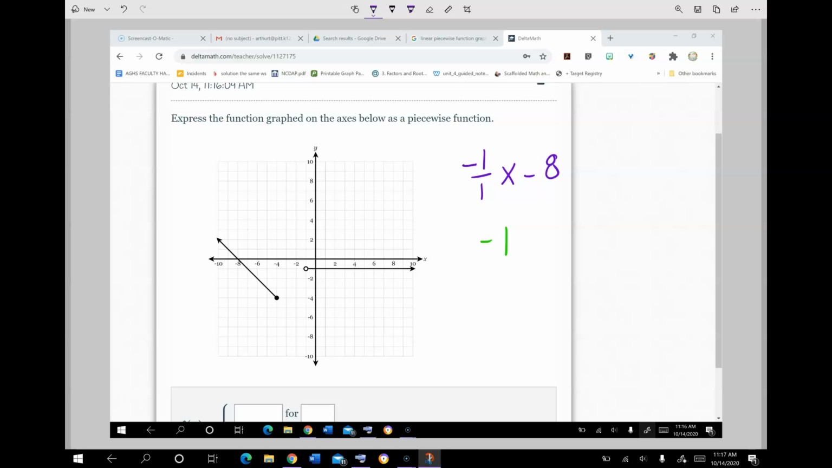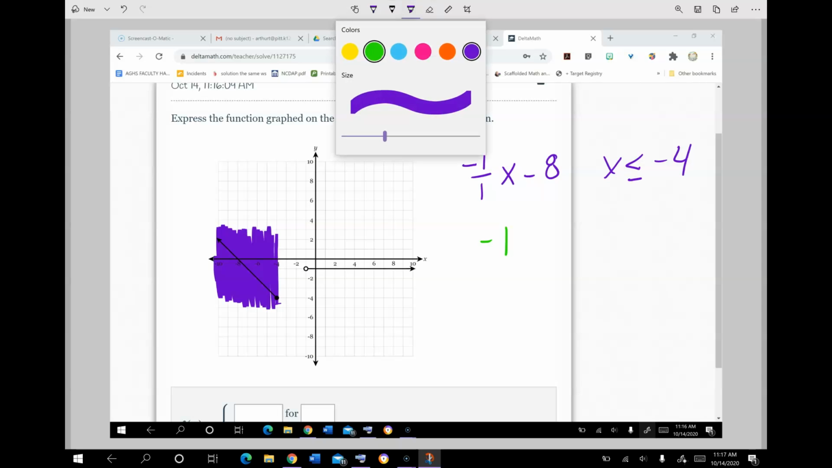We're going to color. So it starts at -4. It starts at -4. And what's happening to my x's? They're getting smaller. So my x's are getting smaller than -4. It is a closed dot, so it is an equal to. Okay? All right. The next one,